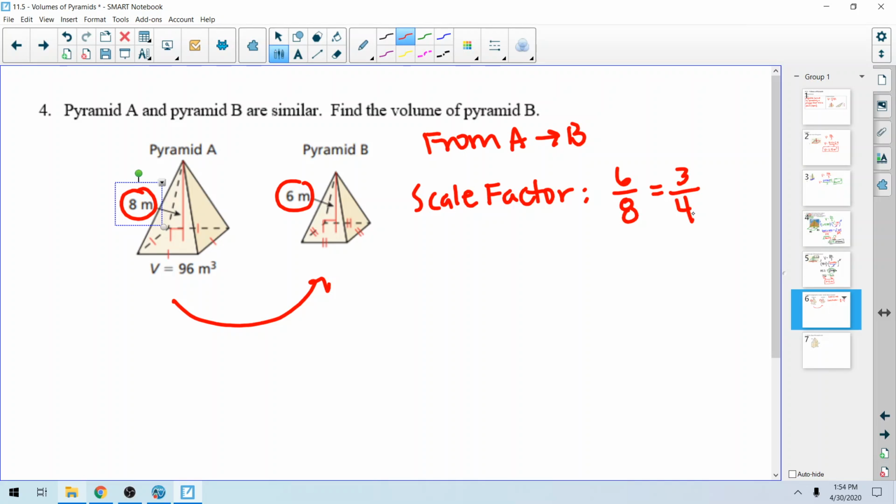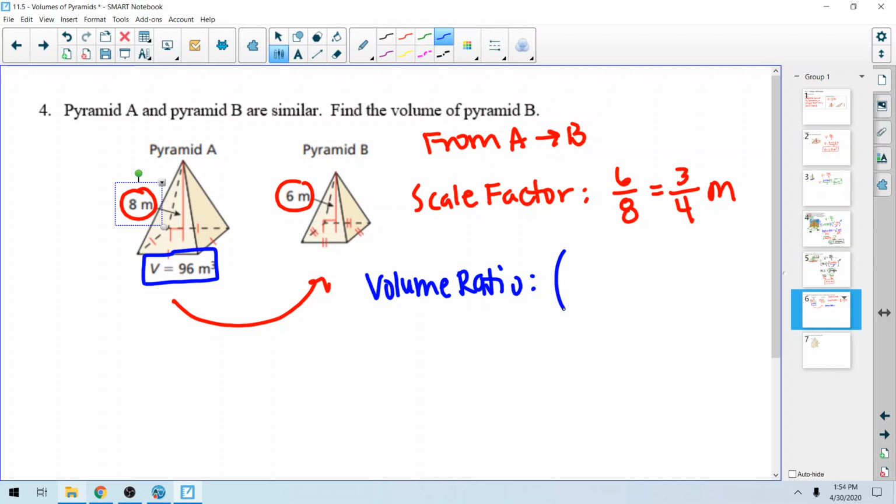Now, that means we have to take our volume and scale it down to get to the volume of pyramid B. But once again, this is in meters. This is 3/4 of a meter, and our volume is in cubic meters. Okay, you can't take a meter and times it by a cubic meter and get the same thing. They don't work. So we need our volume ratio,